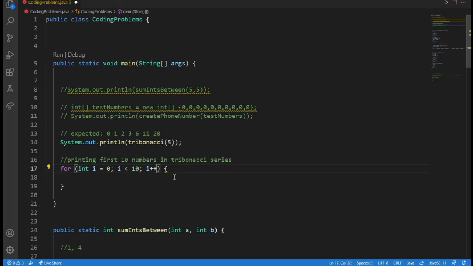And then I'm going to do print, just print, because I'll print it in one line, Fibonacci i